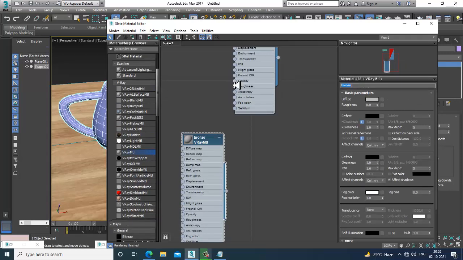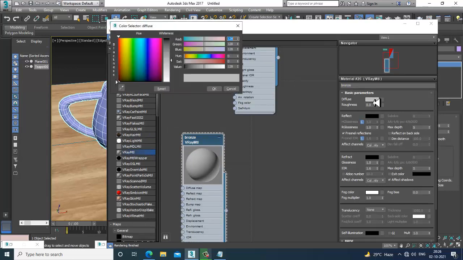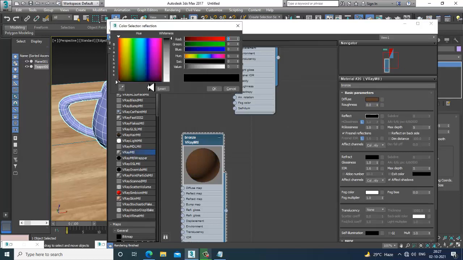So we have few values over here for creating such kind of material. So let's go into the diffuse. I'll set some brownish color for that. So I'll take the value R as 28, 12 and 5 for this. So I'm setting some values over here. I'll go into the reflect property. As you know, we can set up some reflections. So I'll set some reflective properties over here.